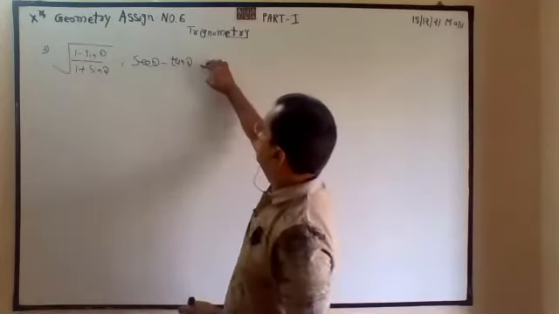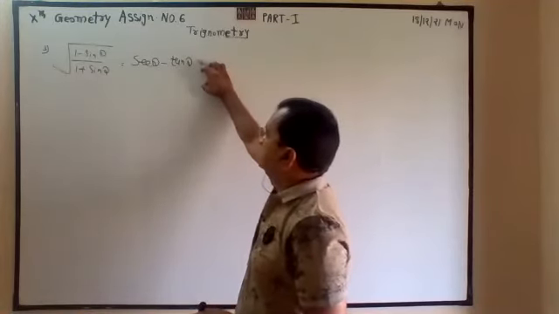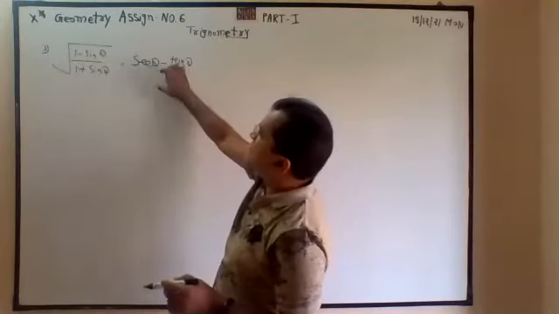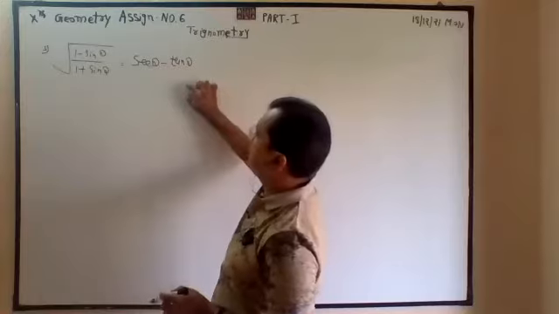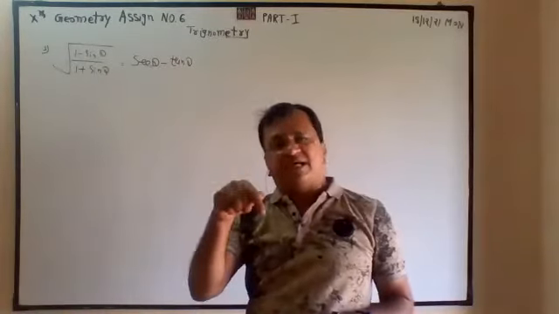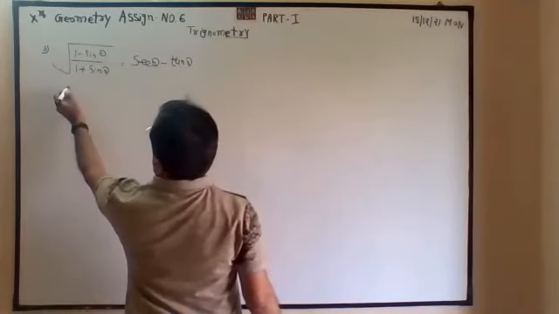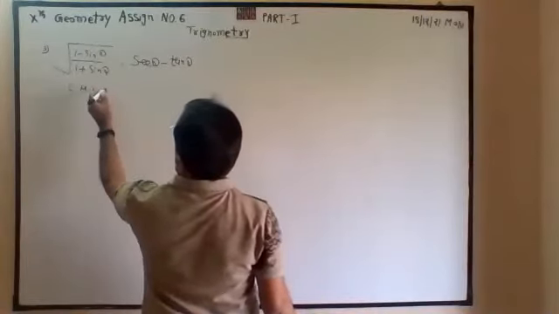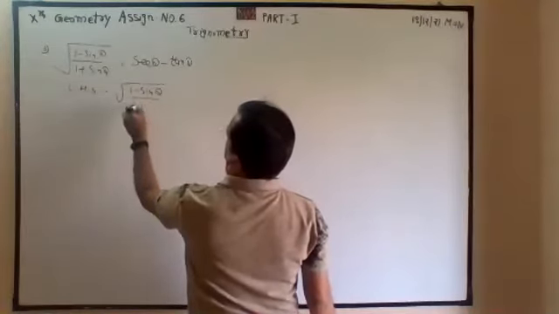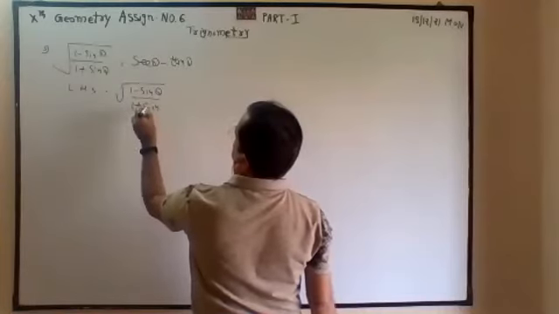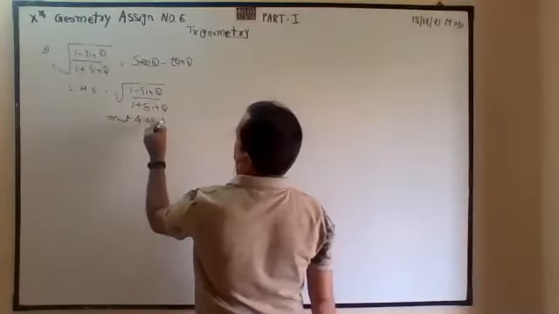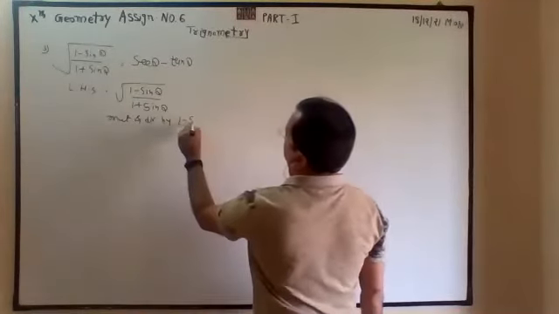Again, this is tan, means sine by cos. So sine we want. Here 1 by cos, so denominator cos, but here it is sine. So the opposite of that pair we will take, so we will get the sine. So left hand side, multiply and divide by the conjugate pair, means 1 minus sine theta.